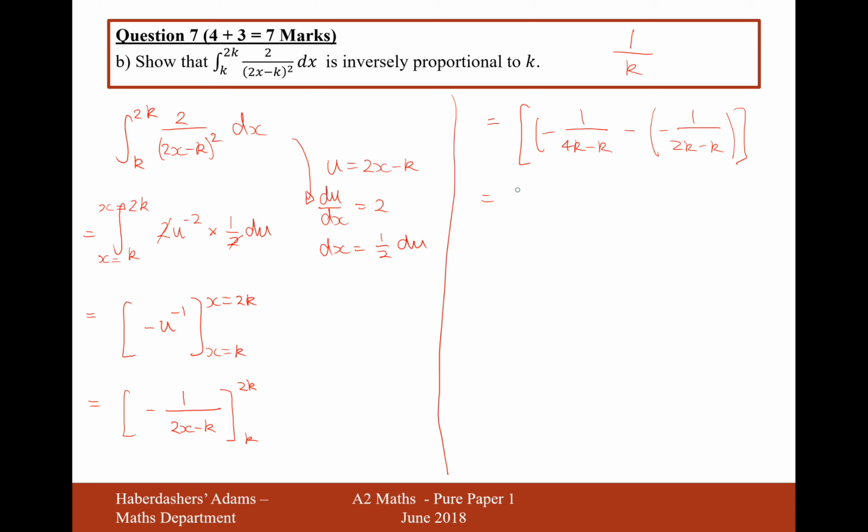Okay, so now we're going to have to simplify this together. It's going to be minus 1 over 3k, double negative, that will be plus 1 over k. So now putting a 3 on the bottom and a 3 on the top, this is now going to turn into 2 over 3k as the final answer,